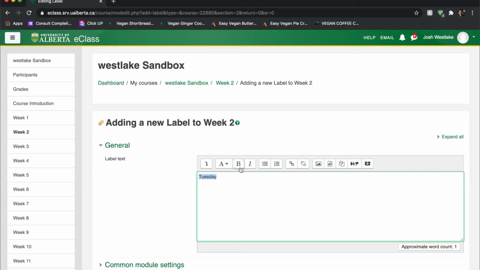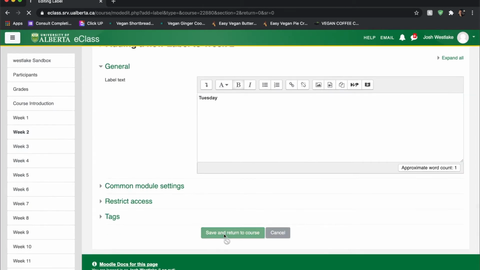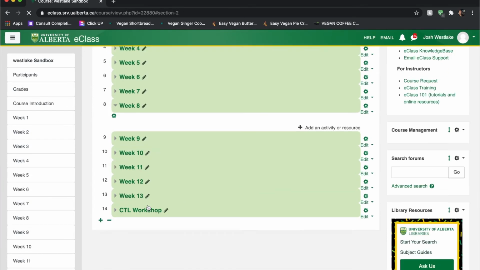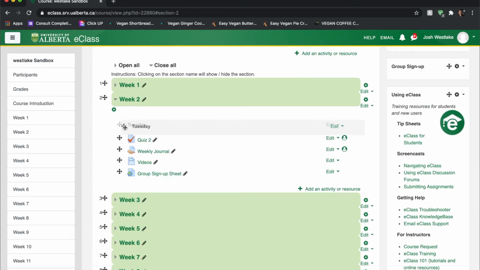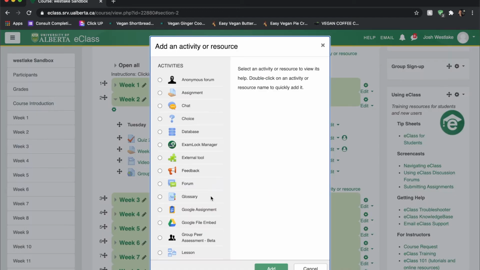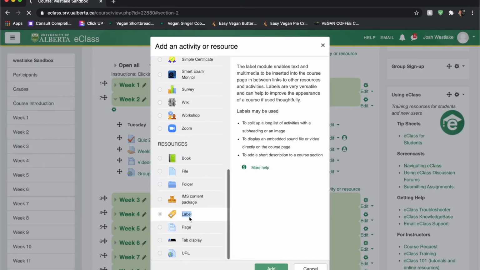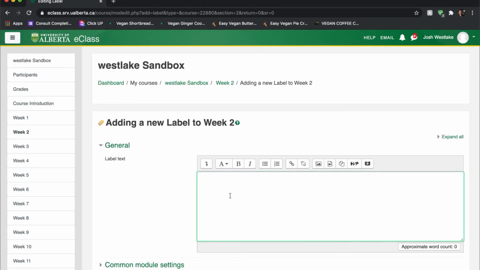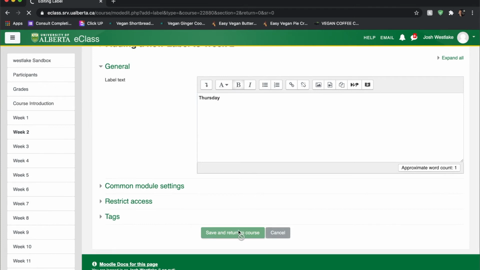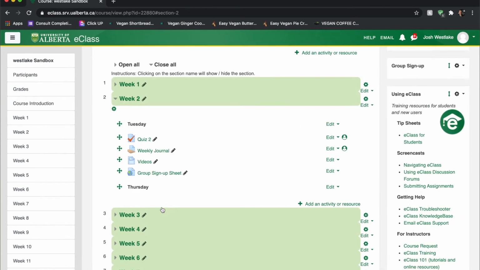I'll bold that. Save and return. Move that up to the top, and then I'll make another one for Thursday. Bold that and save and return. And then move it up.